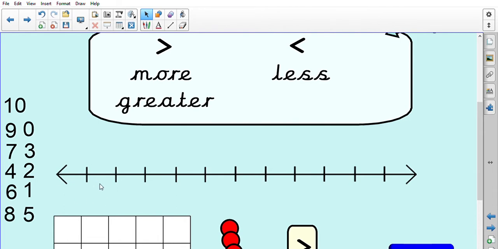We need to think, when we're doing a number line, where the smallest number goes and where the largest number goes. So it would be 0. We need to remember our 0 because that's an important number not to forget. And then we've also got number 10 would be at this end. So 10 is more than 0 or greater than 0. Then I would also plot halfway between 10 and 0 would be the number 5. And then we could fill in the gaps